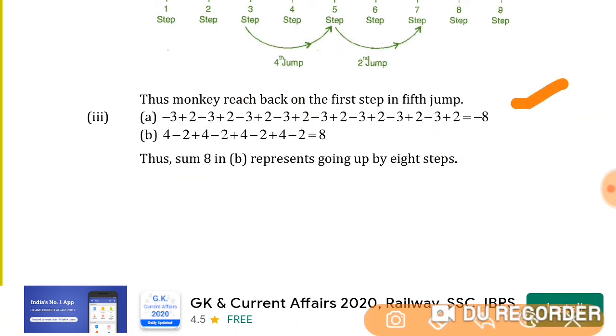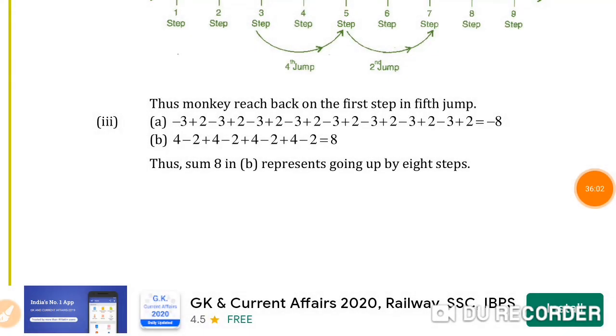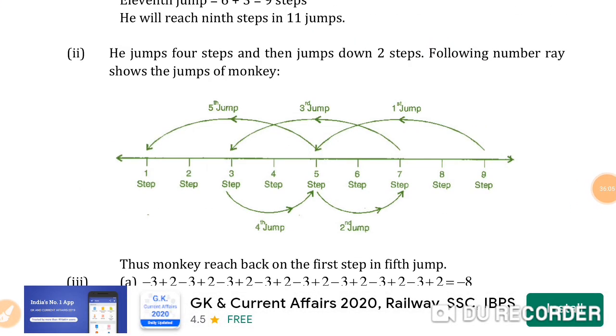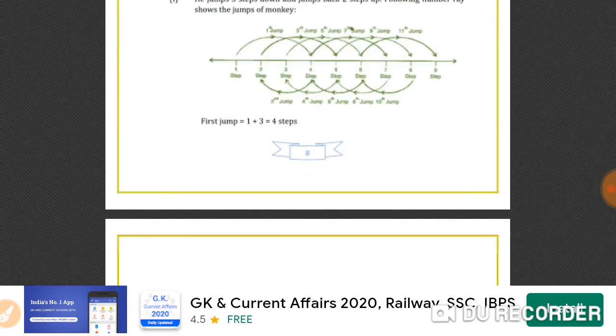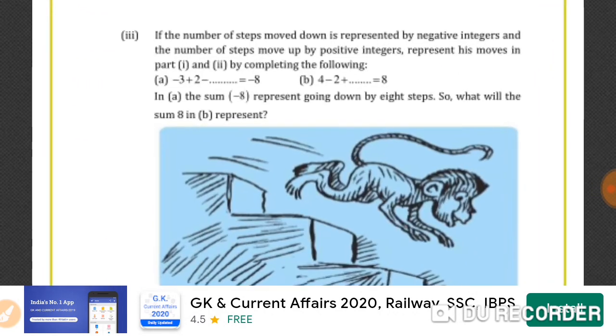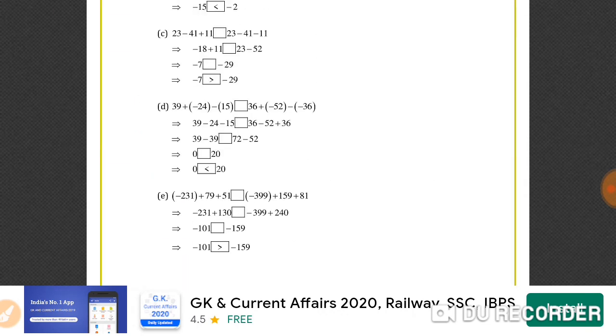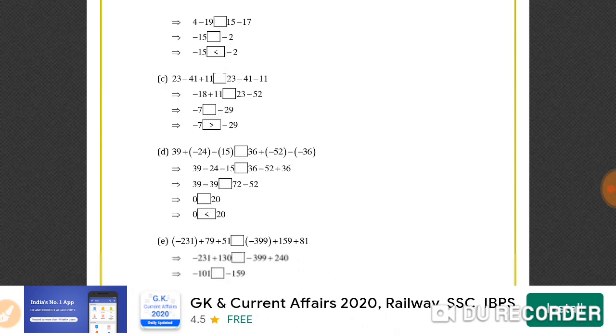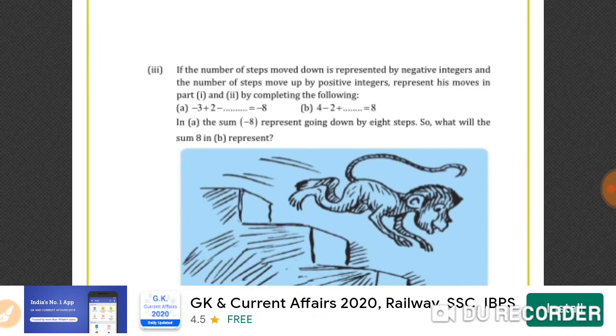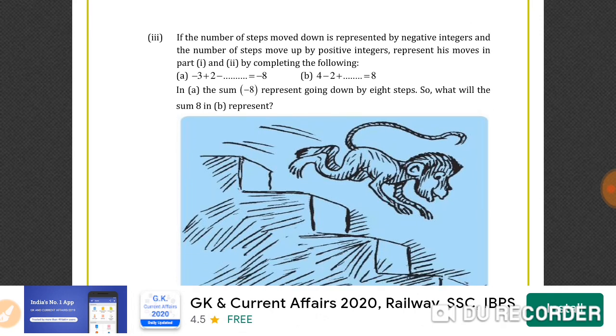In the same way, here in 5 jumps, it will come to the same position. So this is how we can consider the jumping. When you want to understand this question, you must do it practically, then only you can understand. Okay, instead of a monkey, think you are that monkey, but you are not a monkey, you are our very good students. You will do it and you'll show me the results. So practically you must jump and count it, consider it and write it.